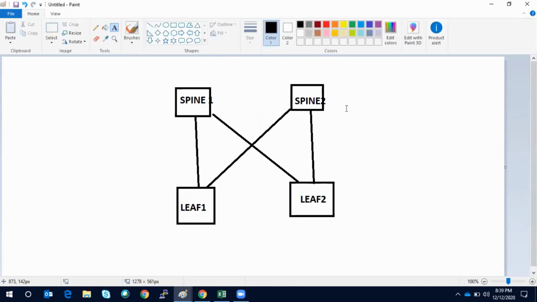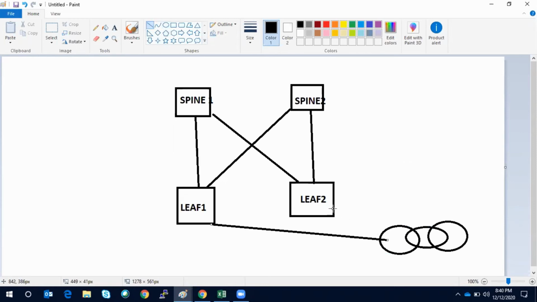And here my APICs are there, so they are basically a cluster. Let's say they are connected like this. I'm not drawing connections for all, just to save time, and we will discuss in more detail how we connect. But as of now, understand that you have 2 spines and 2 leaves, and there's a cluster of 3 APICs connected at the leaf layer. So this is classical spine-leaf connectivity.